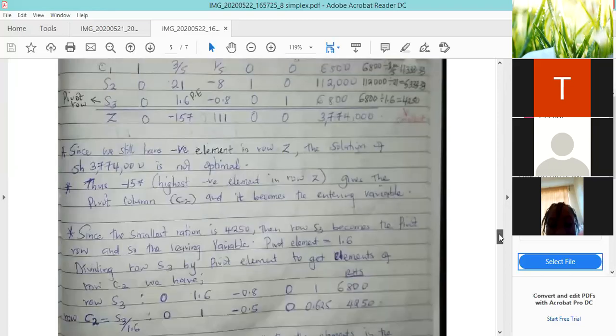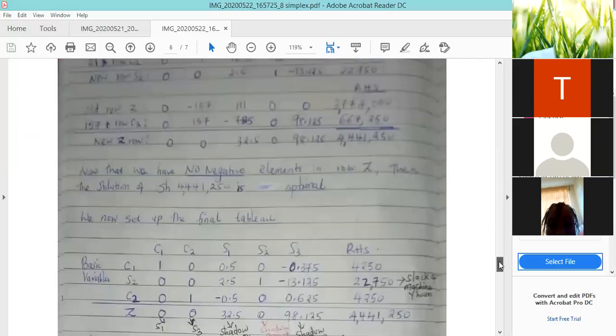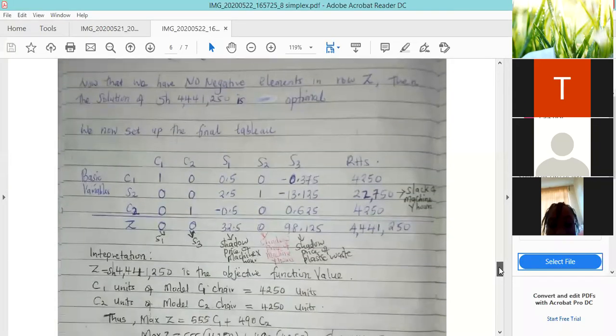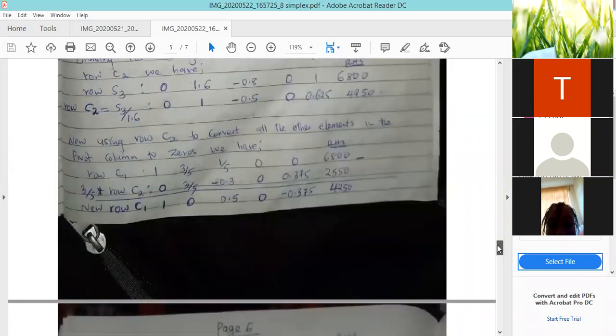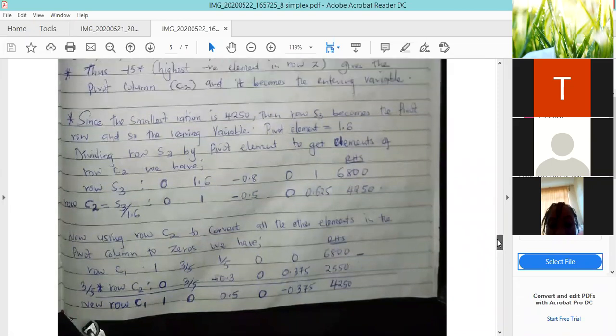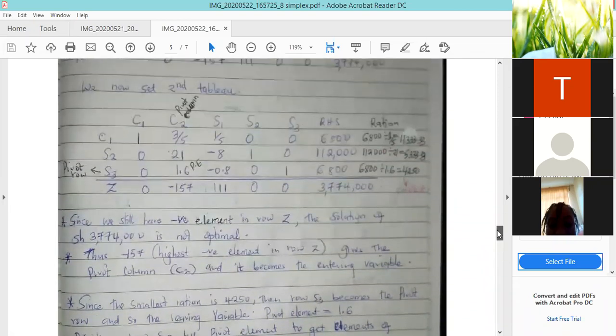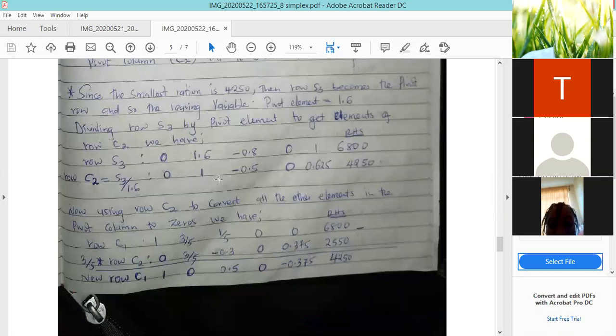So class, I have only 1 minute left. And let me do one row, and then when we come back, we can finish up with the other 2 rows. So I'll start with the row C2. In row C2, what do we have? Row C2 is our new entering row, which has these elements here. And they are the ones which we are going to use to convert anything else to be equivalent to 0 alongside the pivot column. Okay, so let's start by converting these 3 over 5, which was alongside row C1 to 0. Because this is